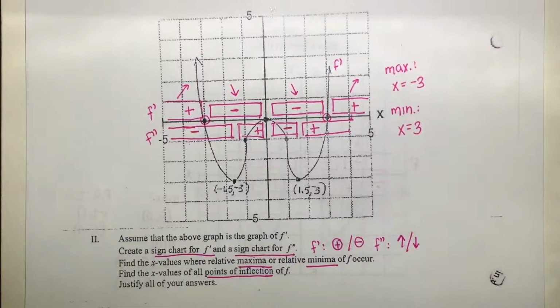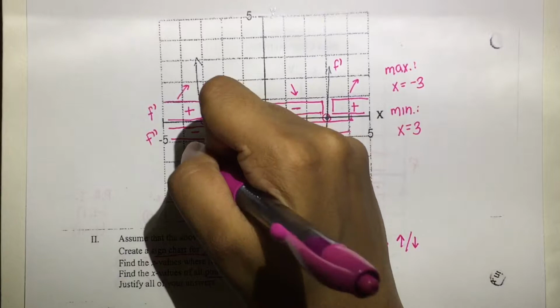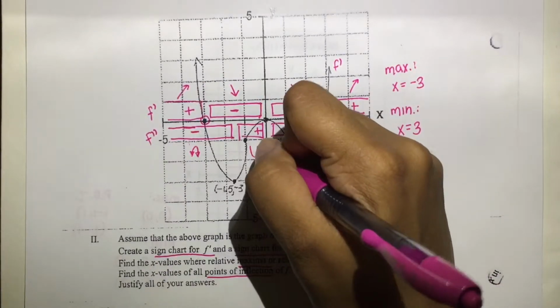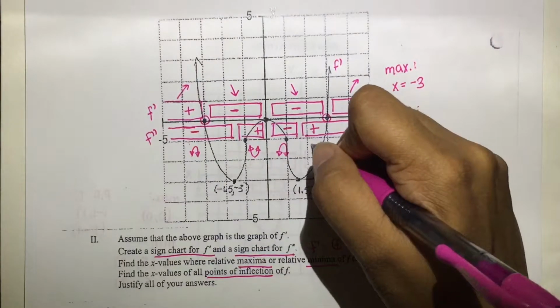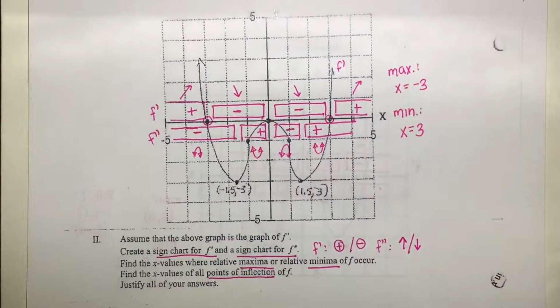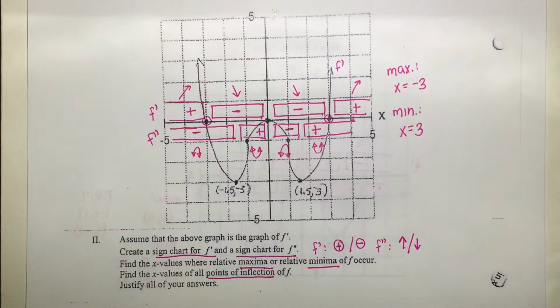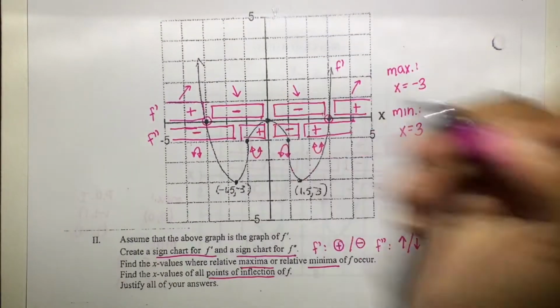Now our next step is to find the points of inflection. The points of inflection are where the concavity changes. So we know that on this graph, the concavity is concave down, then concave up, then concave down, and then finally concave up. So we know that the concavity changes at 3 points on this graph, at the x values of